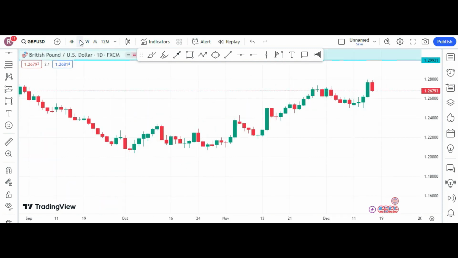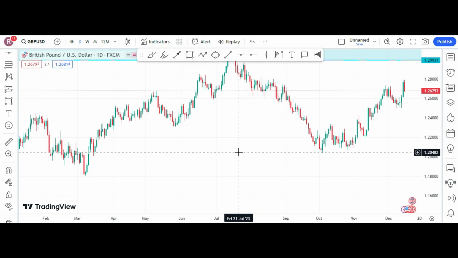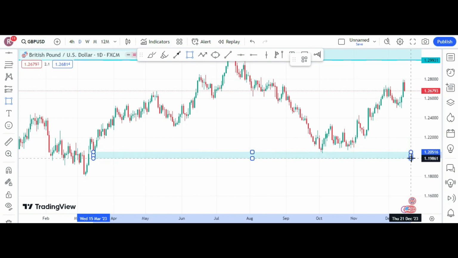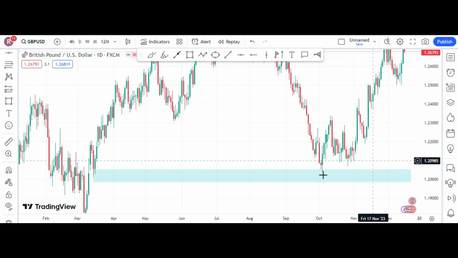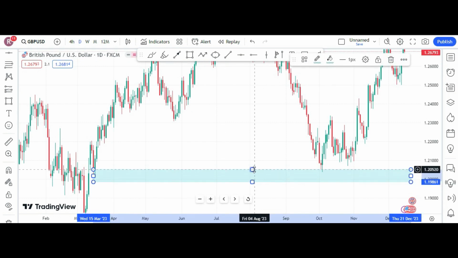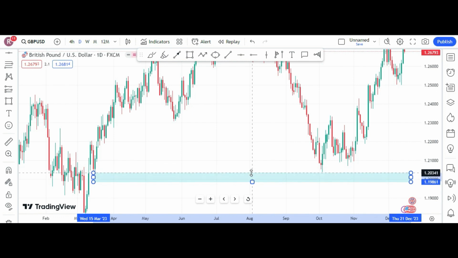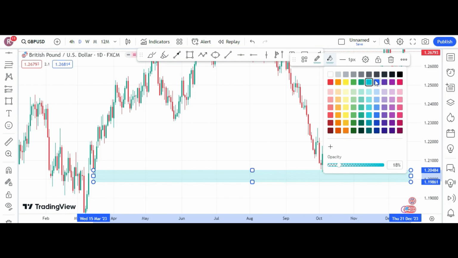So if we go to daily, now we can see what caused this price to move upward. This double bottom has been created in the daily time frame rather than in the weekly time frame. We can see that this is the reason that pushed the price upward. Can you guys see here? Yes. So let's mark it in daily